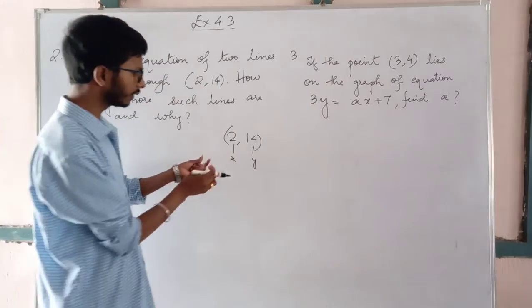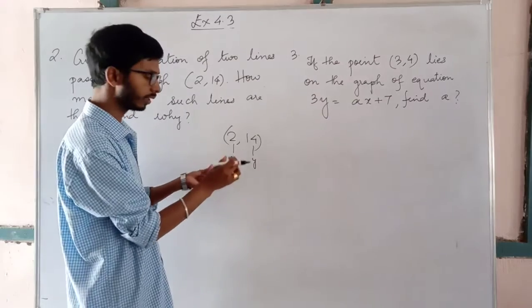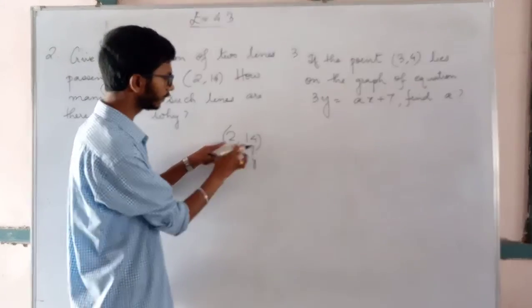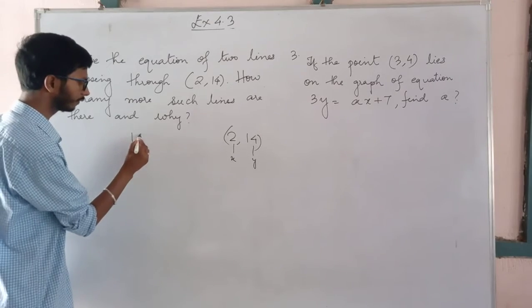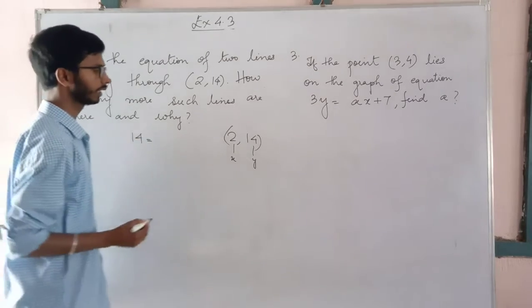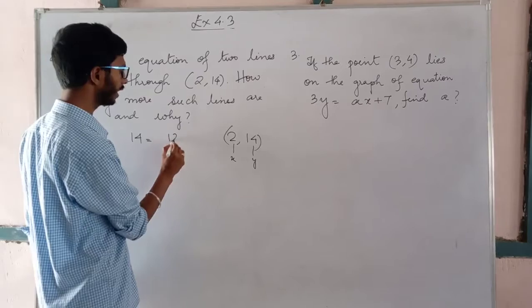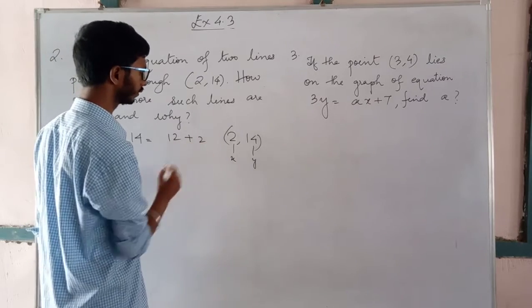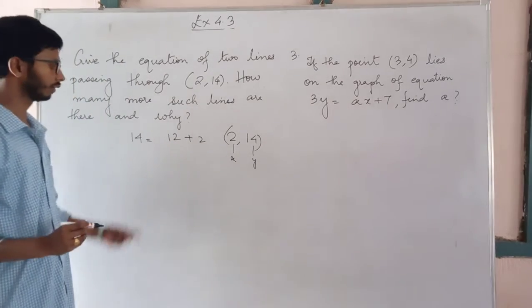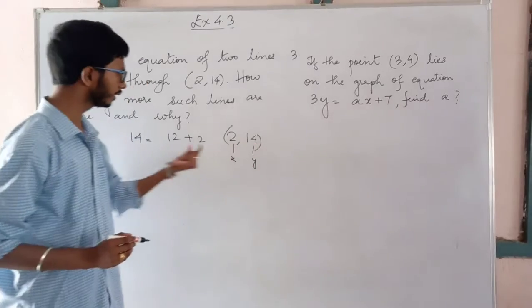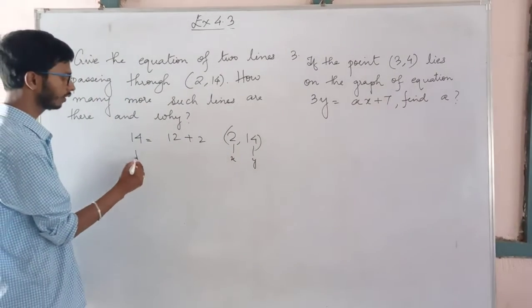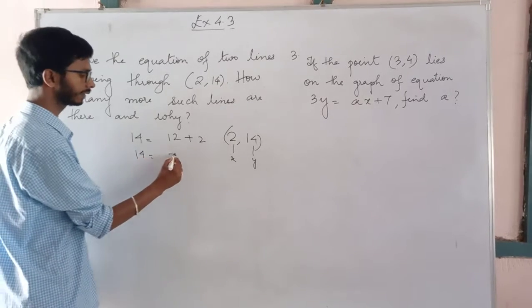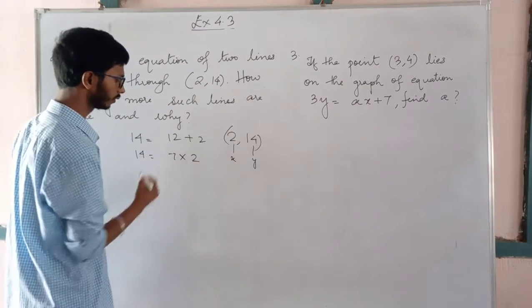Now just try to relate how 2 and 14 are different. We can write like this: 14 is 12 more than 2, or we can say 14 is 7 times 2,